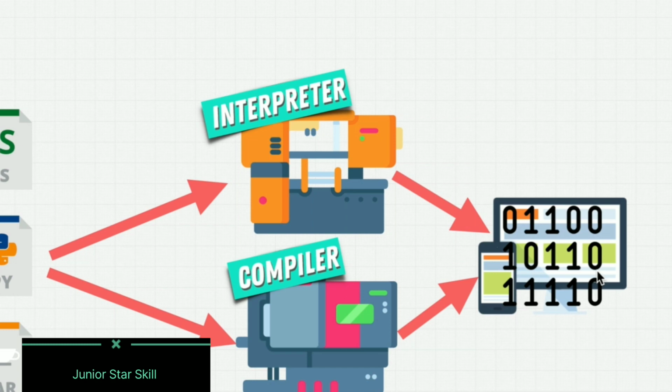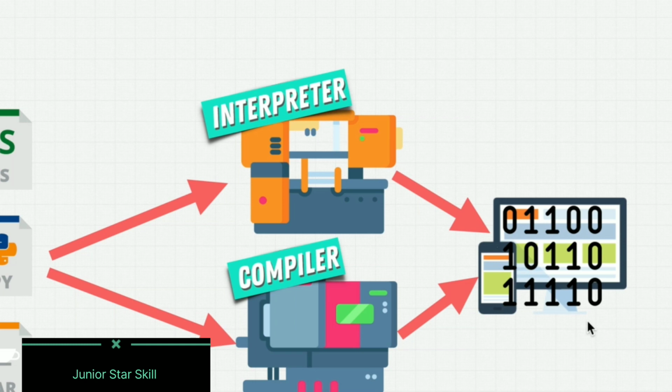Now, the differences between these two are a little complicated and beyond the scope of the course. And don't worry, we're going to come back to this topic. But I want you to just have this general picture that when we write code, whether it's Python, JavaScript, Java, C or C++, what we're doing is we're typing it in a language that is human readable. We're giving it to one of these translators, like an interpreter or a compiler, and these spit out code that are able to run on our machines.